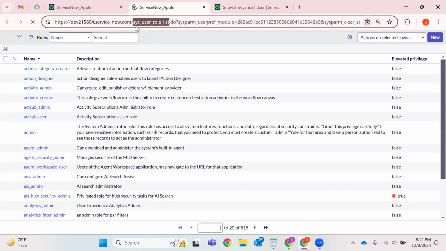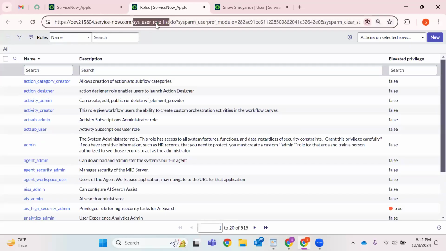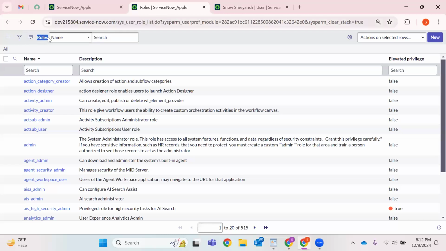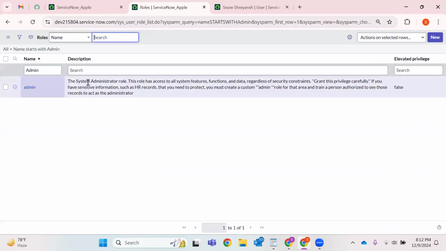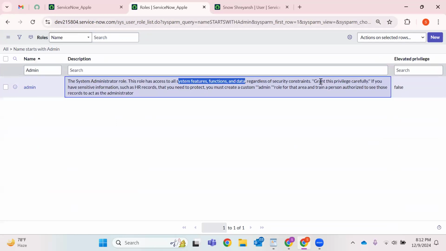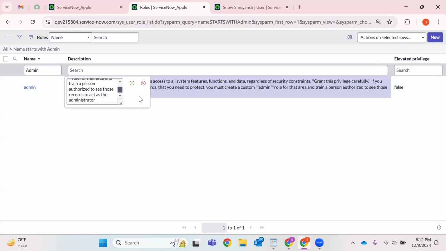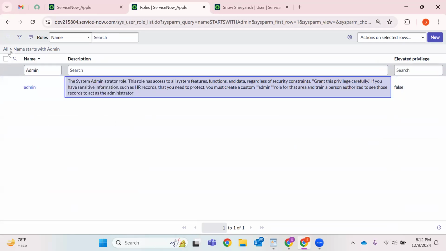So the backend name is sys underscore user underscore role and the label name is roles. Okay, and if I just type admin, I can read what the admin will do. Say the system admin role. This role has access to all system features, functions, data, regardless of security constraints. Grant this privilege carefully. That means this is one of the most powerful roles, and admin can override anything, even